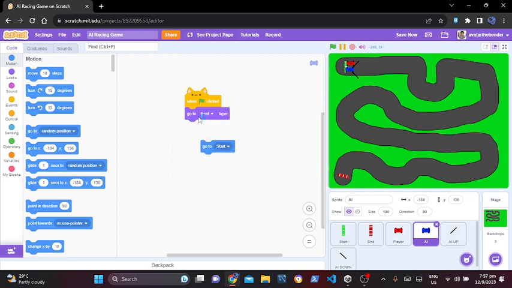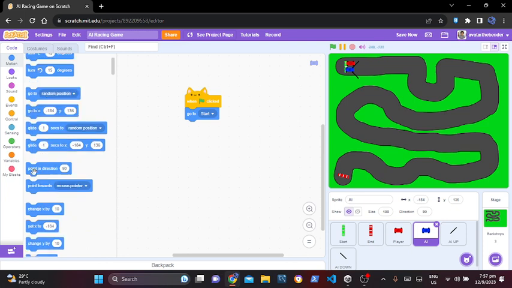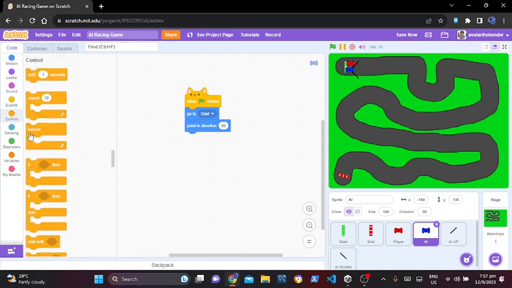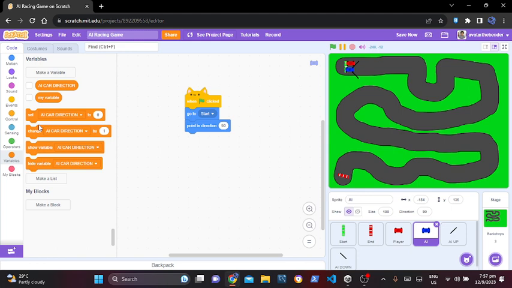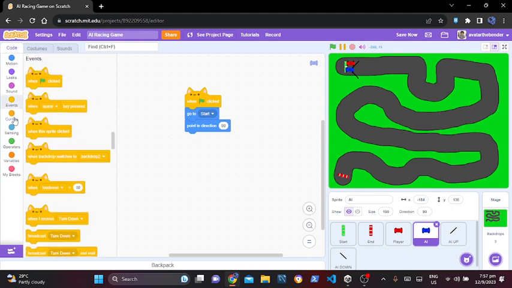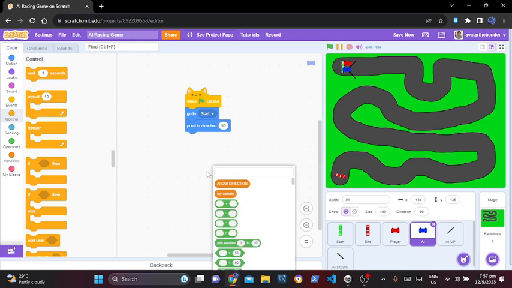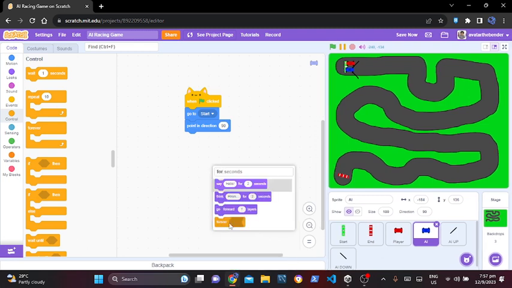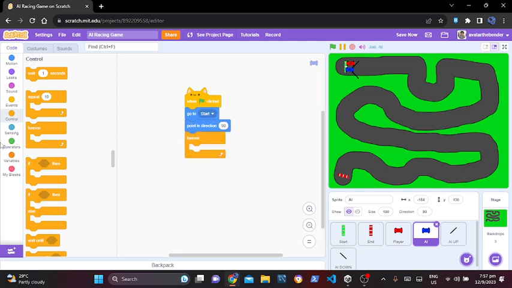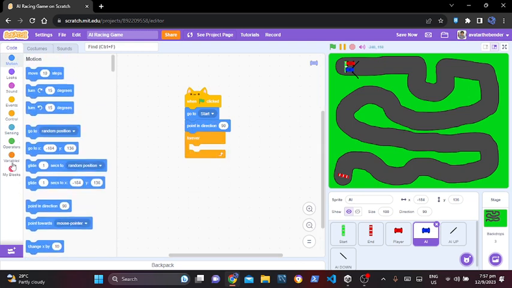But you know, I'm gonna remove the go to front layer because I want the player to actually be up front. So point in direction 90, which will be the direction that the player is going. Then set AI car direction to direction. That would be inside the forever loop. So a forever loop and set AI car